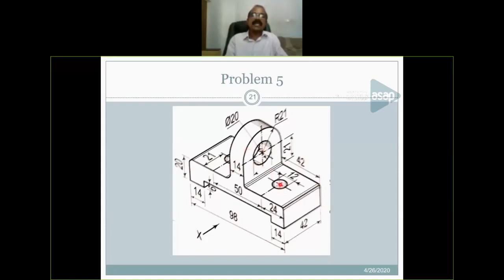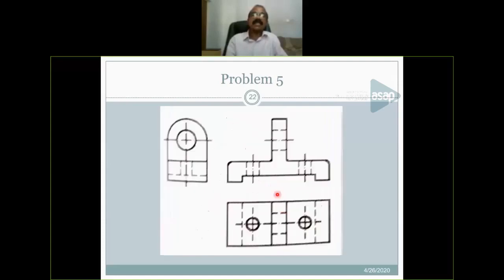Similarly, the other two circles are fixed in the bottom portion. So here also you can see the circle. These two circles you also have to draw in the elevation. See the elevation. So this figure itself we call the elevation. Here you can see this is the central line. This represents the central line, the dash-dot line.